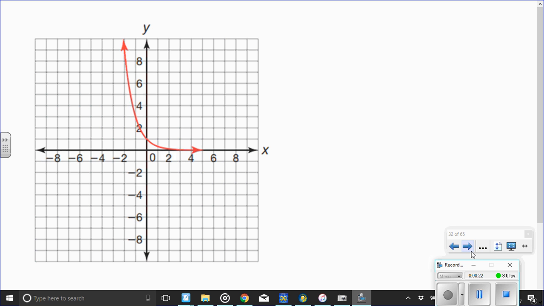Now, a couple things to remember is that domain includes all your x values. And remember, your x values are going to be off your x-axis, and they're going to go left to right. So we want to know what values are on the x-axis, okay? And range will be the y values. The y values go north and south here, up and down. And we want to know what values are included in this function for your y values when you're dealing with